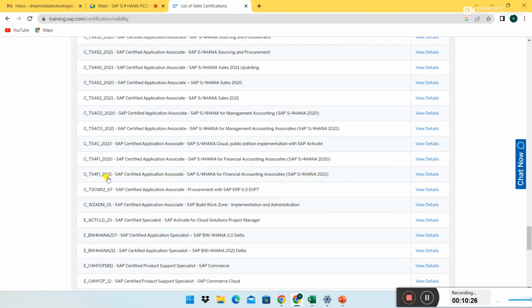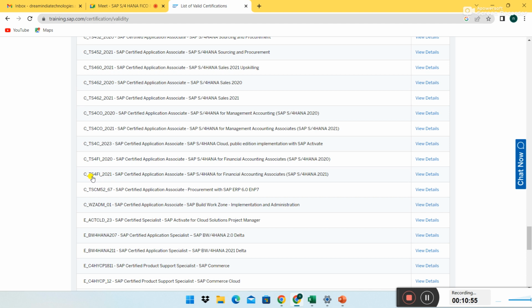You say 2021. See, in the market, there is a 2022 license also. They've released it. You can check in SAP Wikipedia. Okay, you can see the recent releases. But certification wise, whatever license you sell, on the same license only they'll conduct the exams and they'll give a certification if you pass, right? You see, what was the latest one on the finance side?